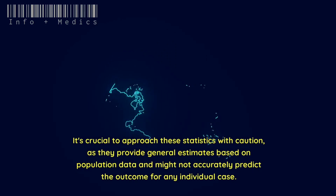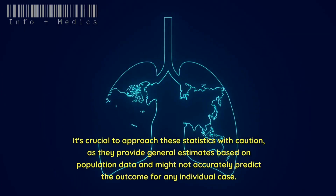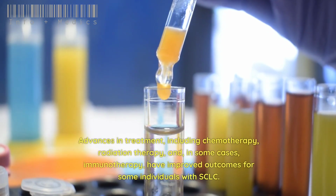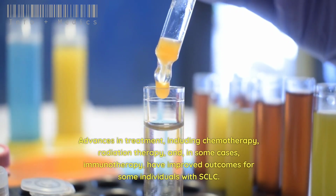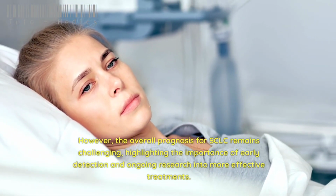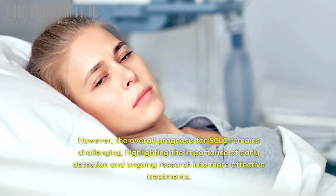It's crucial to approach these statistics with caution, as they provide general estimates based on population data and might not accurately predict the outcome for any individual case. Advances in treatment, including chemotherapy, radiation therapy, and, in some cases, immunotherapy, have improved outcomes for some individuals with SCLC. However, the overall prognosis for SCLC remains challenging, highlighting the importance of early detection and ongoing research into more effective